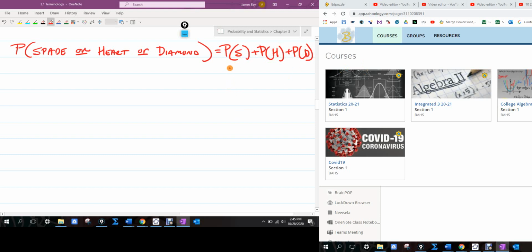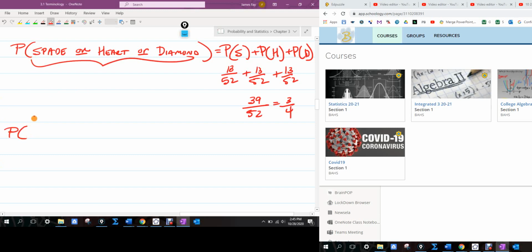Okay, what's the probability that I get a spade? 13 out of 52, right? Probability of heart? 13 out of 52. Probability of a diamond? 13 out of 52. So can I add those together and get 39 out of 52, right? And that reduces to 3/4, right? Okay. Now, what is the complement of that event? Probability of getting a club, right? And probability of getting a club is 13 out of 52,